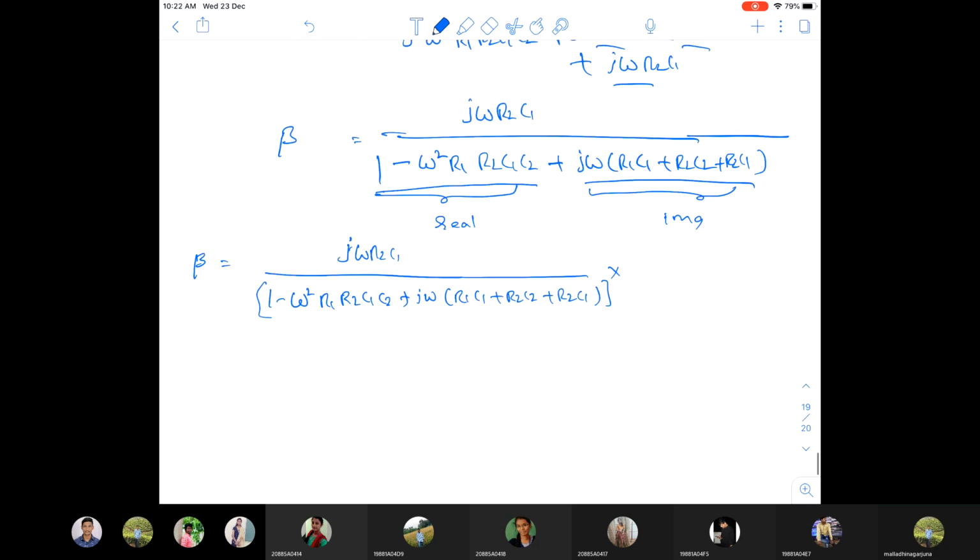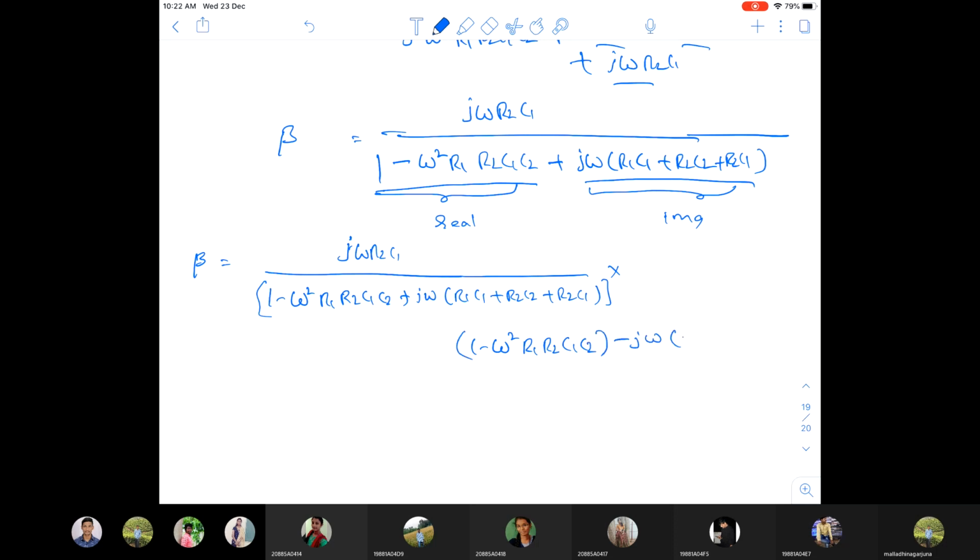Do it. What will we get? 1 minus omega square r1 r2 c1 c2 minus omega square r1 c1 plus r2 c2 plus r2 c1, divided by 1 minus omega square r1 r2 c1 c2 minus j omega r1 c1 plus r2 c2 plus